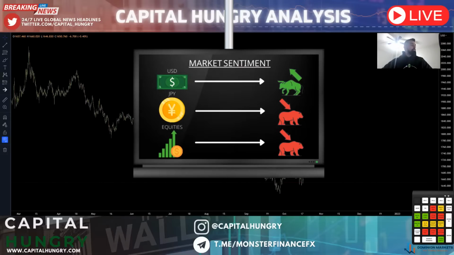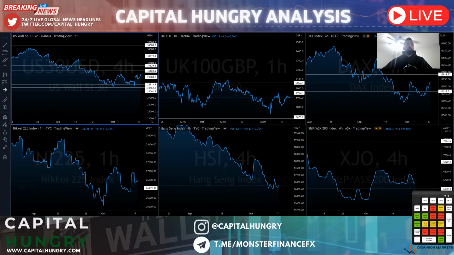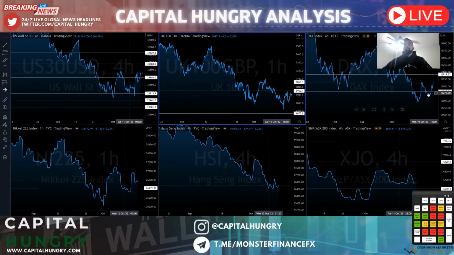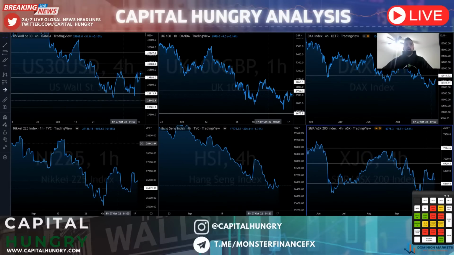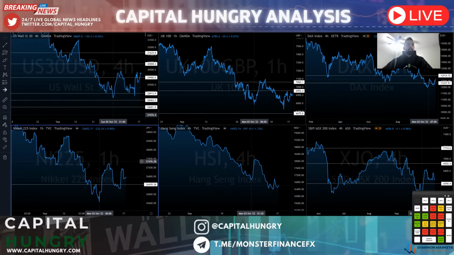Japanese yen is still very bearish on the Bank of Japan's dovish sentiment, keeping interest rates in the negative with an unlimited bond buying program. And global equities are still relatively soft and bearish, not seeing any major sell-off, but just sitting at previous intraday lows. When we look at market sentiment, we can see global equities across the board here. Yes, they're seeing a bit of bounces, but we're just having a pullback in overall bearish market structure from intraday lows being printed. Overall, stock markets are still in a bear market across the board.